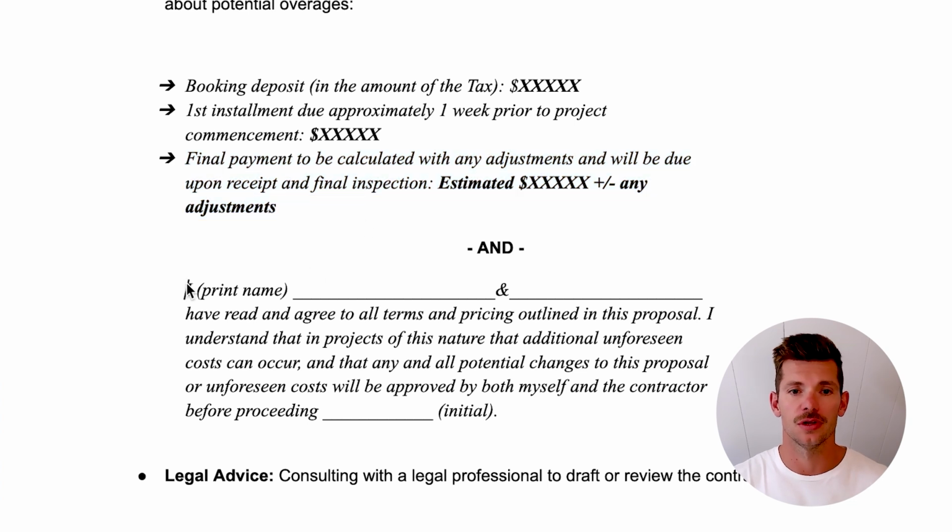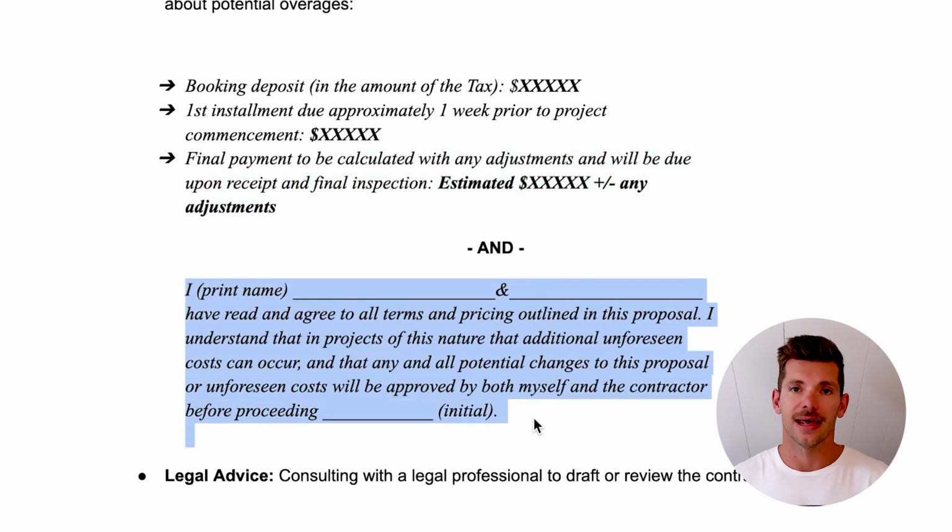Another one that we included, which was directly below this, was this one here. I had them fill in their name. I have 2 spots because they're usually a partner. They have read and agreed to all terms and pricing outlined in this proposal, right? They're agreeing to everything. I understand that in projects of this nature, additional unforeseen costs can occur, and that any and all potential changes to this proposal or unforeseen costs will be approved by both myself and the contractor before proceeding,